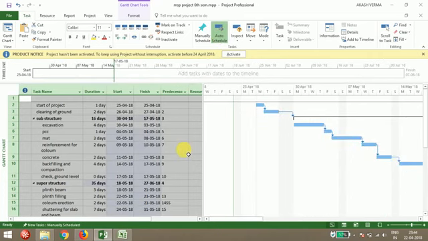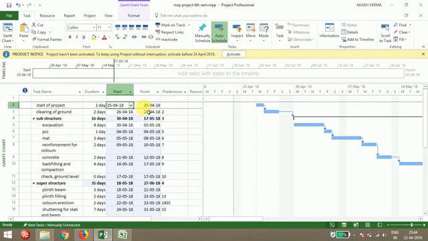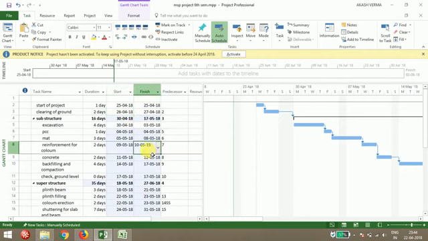Auto schedule means the dates will form according to your duration in days. Here you can see your project starts on 25th April, and I've given 1 day for the start of the project, so it will start on 25th and end on 25th. Then for the clearing of ground I have given 2 days, so it starts on 26th and ends on 27th. These 2 days will be used for clearing of ground. Like that, Microsoft Project will automatically count all the dates and give the start and finishing of the work.